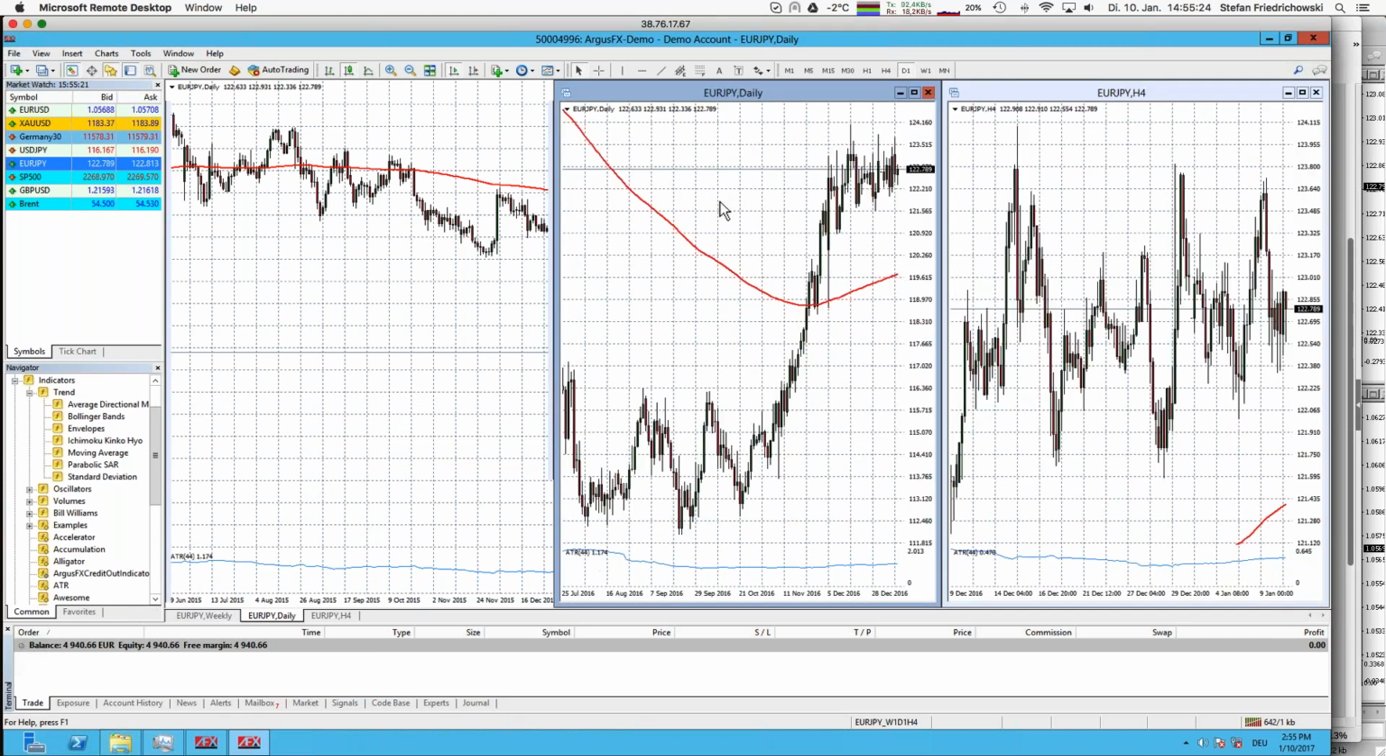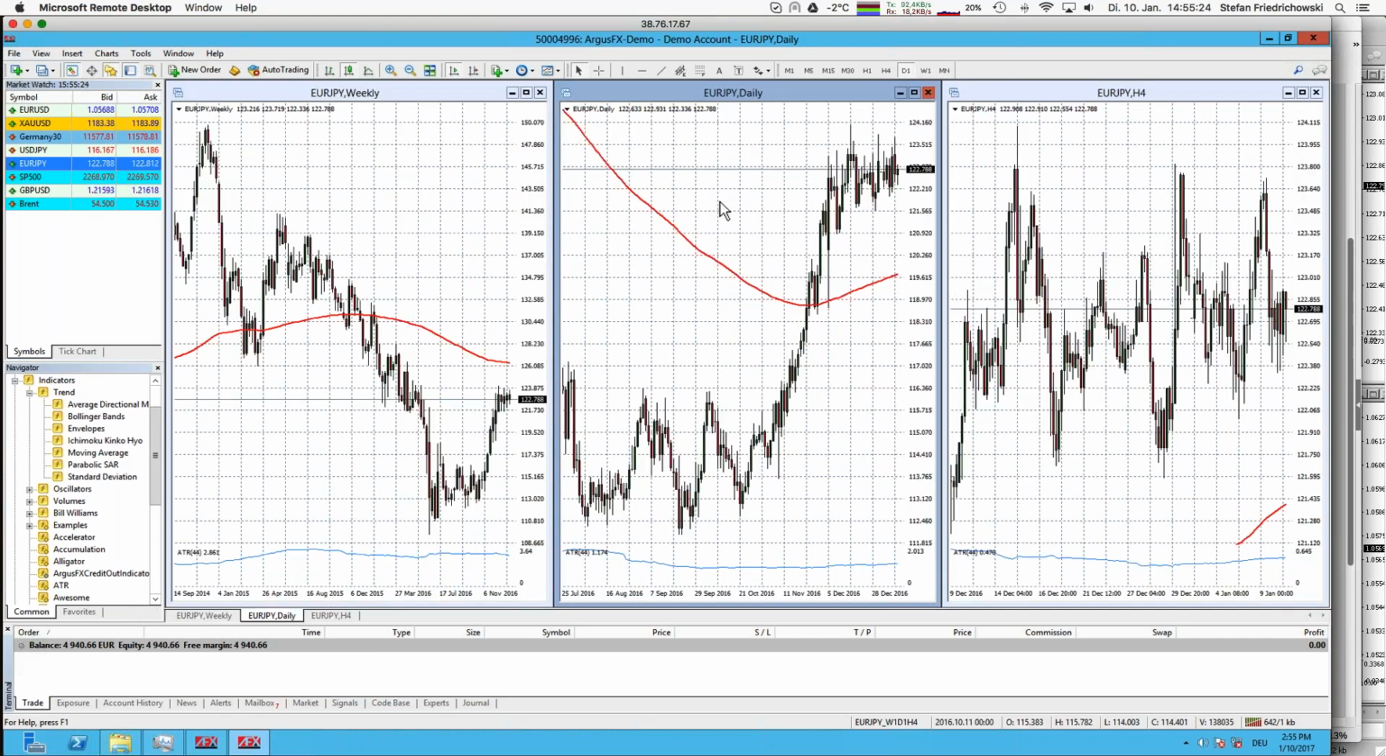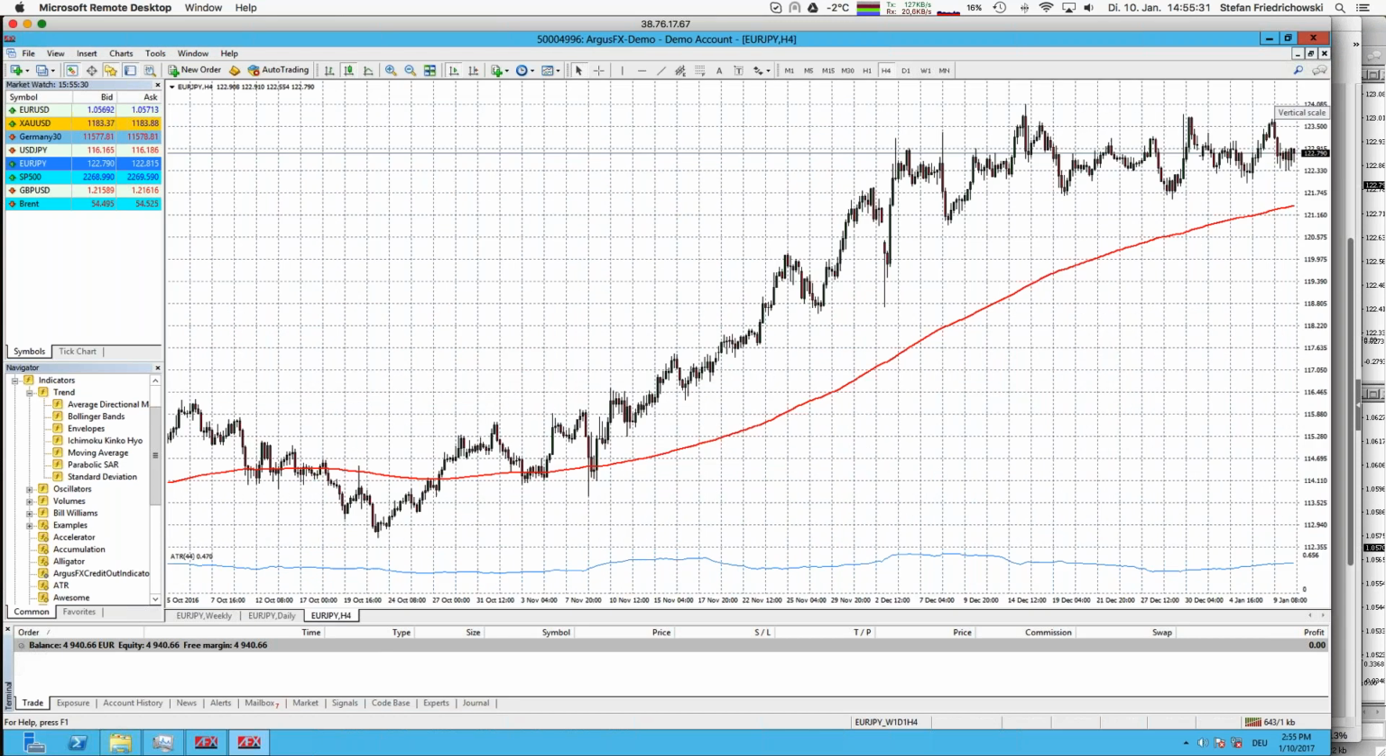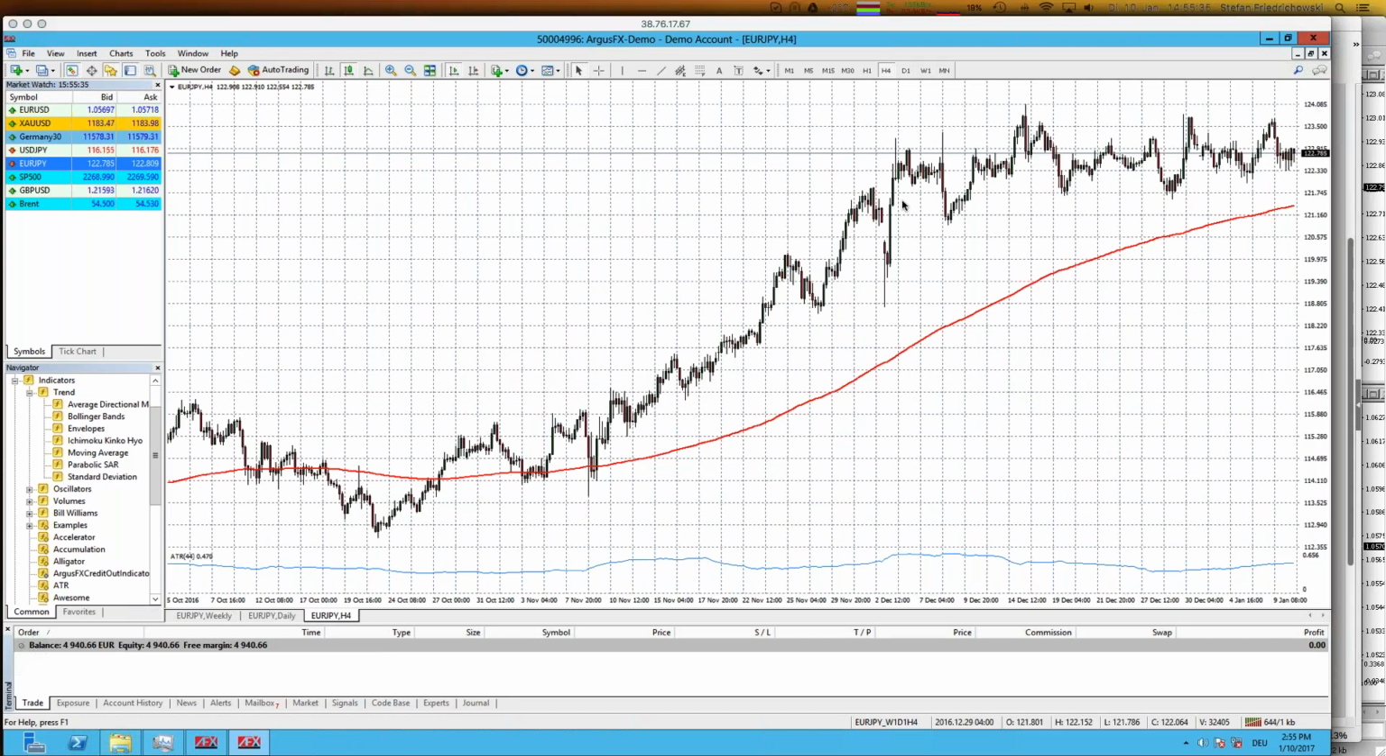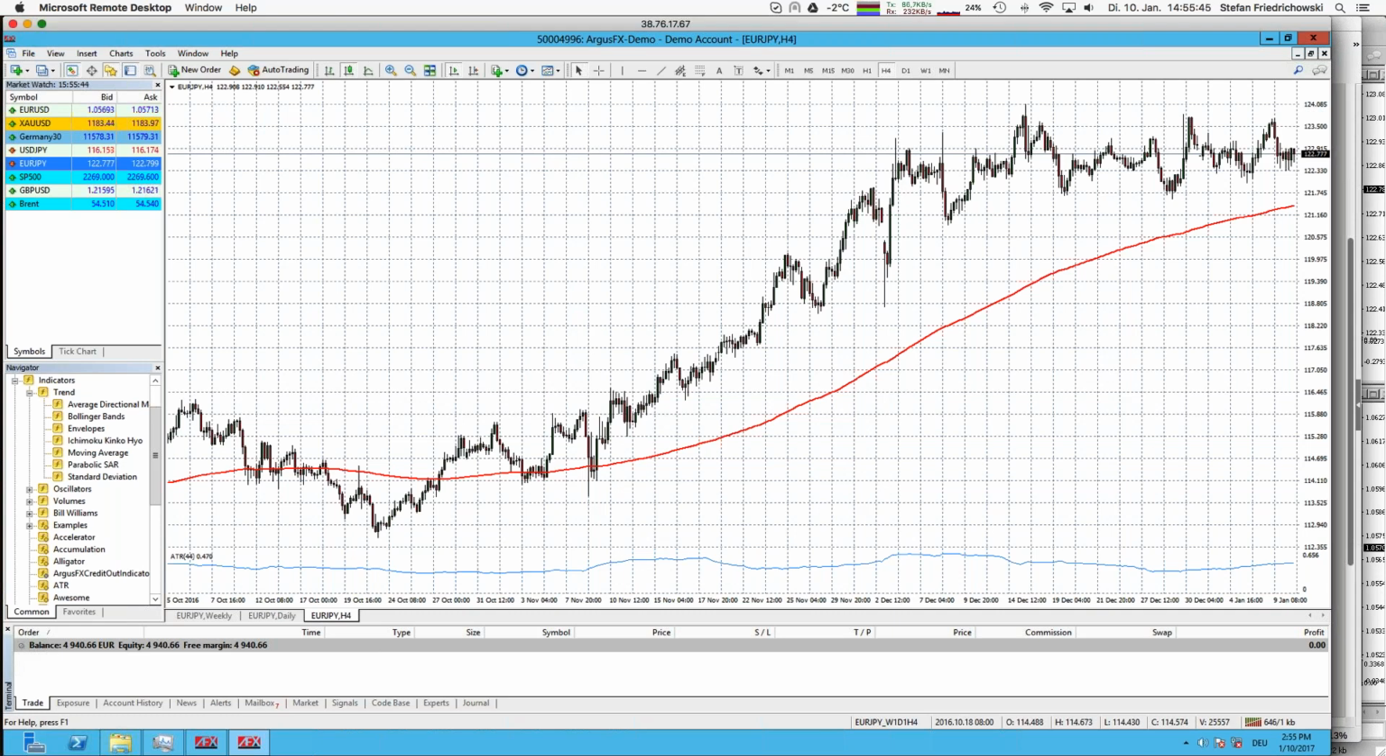So that has, let's say, completed the first analysis. Now let's look to H4. We see here that we have had in the younger history an upwards trend, and now we are in a long range. Let me visualize that long range